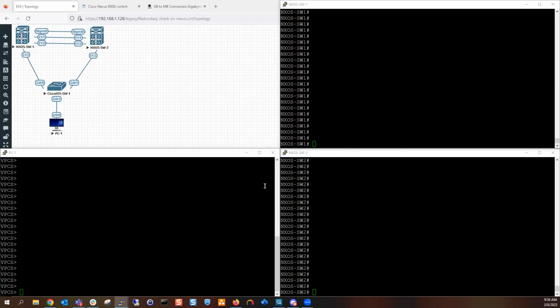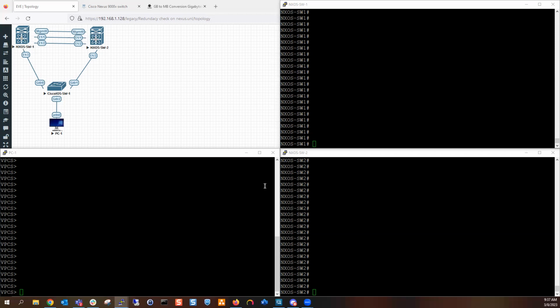Catastrophic being a power outage, just a power brick on one of the Nexuses that's in a VPC, you know what I mean? Because to my understanding, depending on how you configure it, which is how I configured it, it's just got the VPC, and that's just layer 2, nothing at layer 3. So I wanted to create this proof of concept to see if within this topology something like first hop redundancy is needed